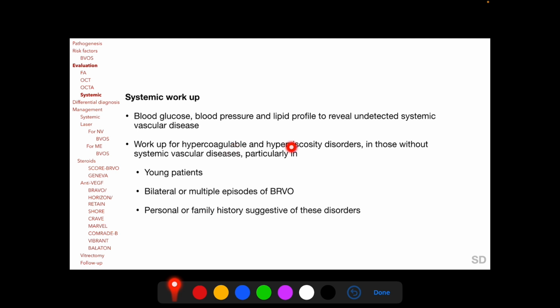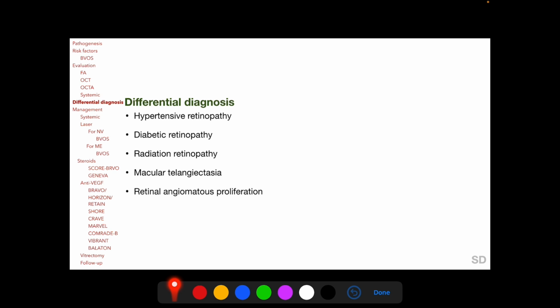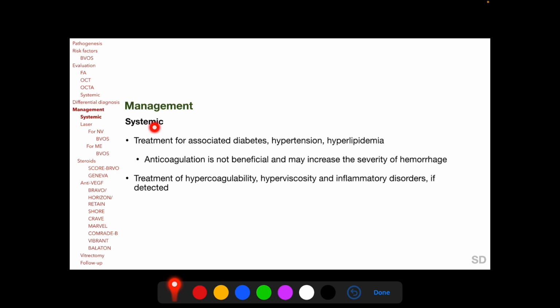Differential diagnosis of BRVO include hypertensive retinopathy, diabetic retinopathy, and radiation retinopathy, particularly when the retinal vascular lesions in these disorders are localized to a sector of the retina, and macular telangiectasia as well as retinal angiomatous proliferation. Systemic management of BRVO includes treatment for associated diabetes, hypertension, and hyperlipidemia, and in patients with these systemic vascular